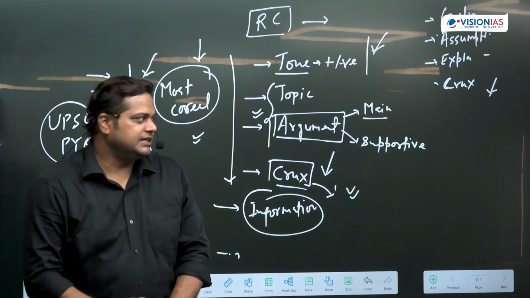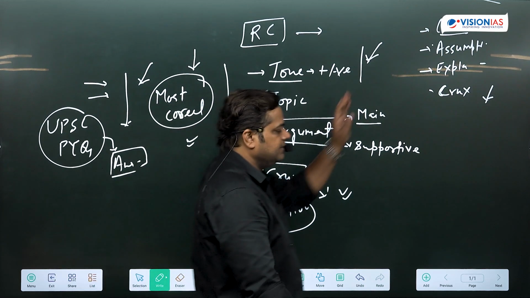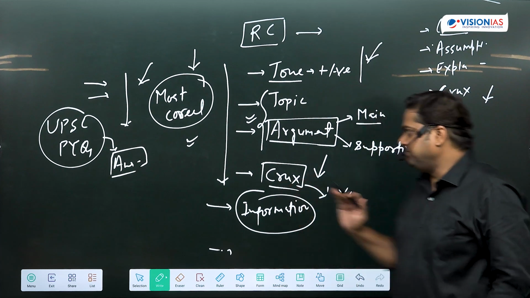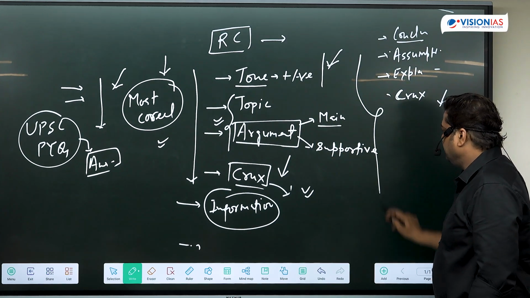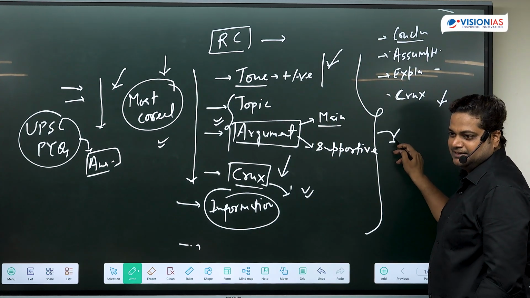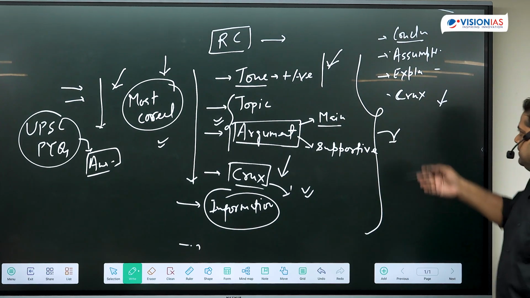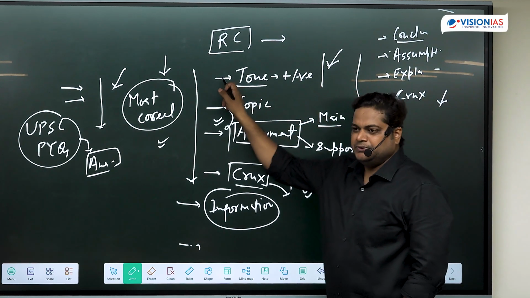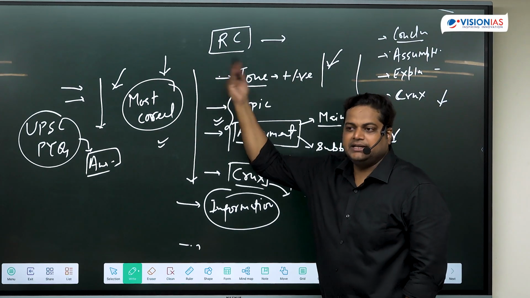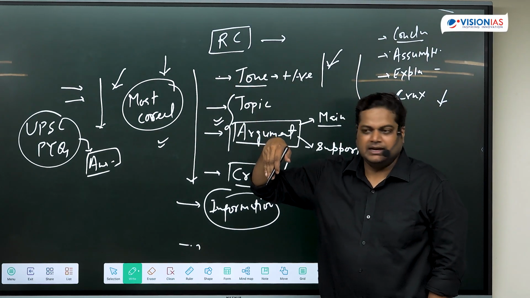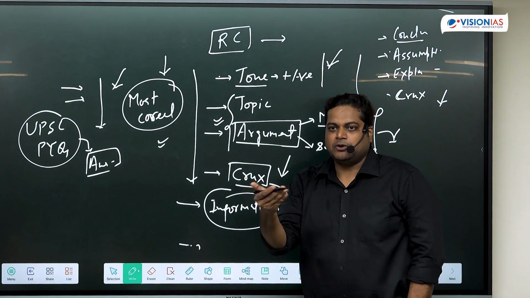Now we need to check, like if we want to prepare for this RC part. The simple idea is what? No one can make you understand this. You need to understand this RC part. One can make you understand these things, how to read the passage, how to extract the information given in the passage, like the way you are making notes from editorials,